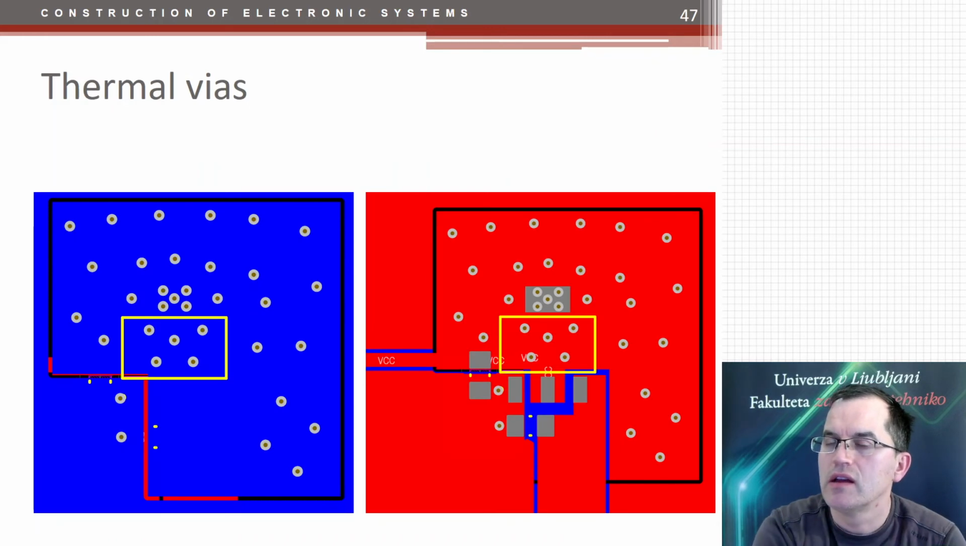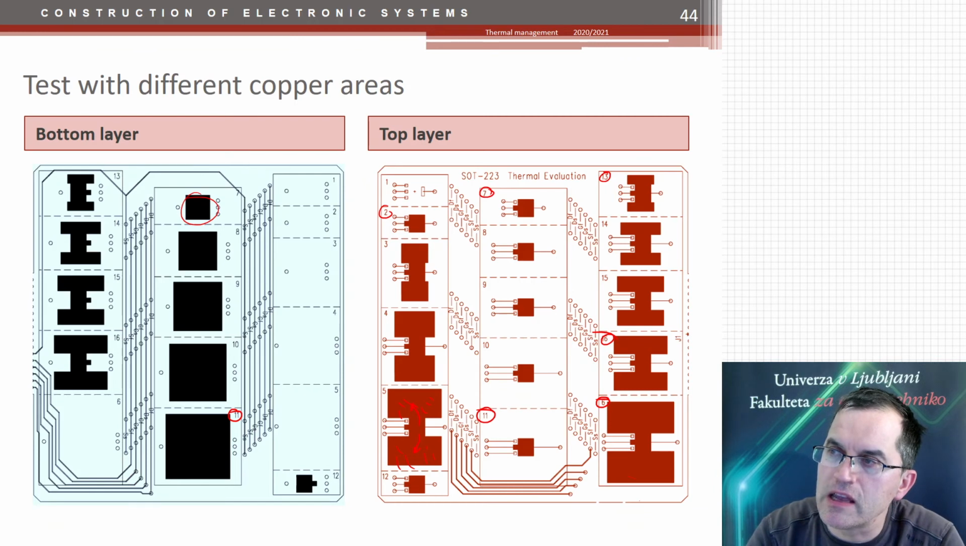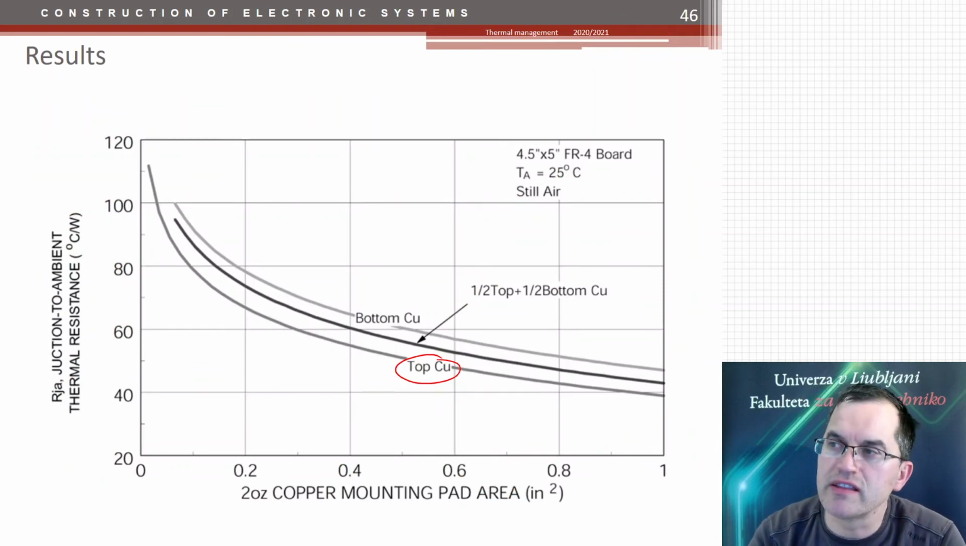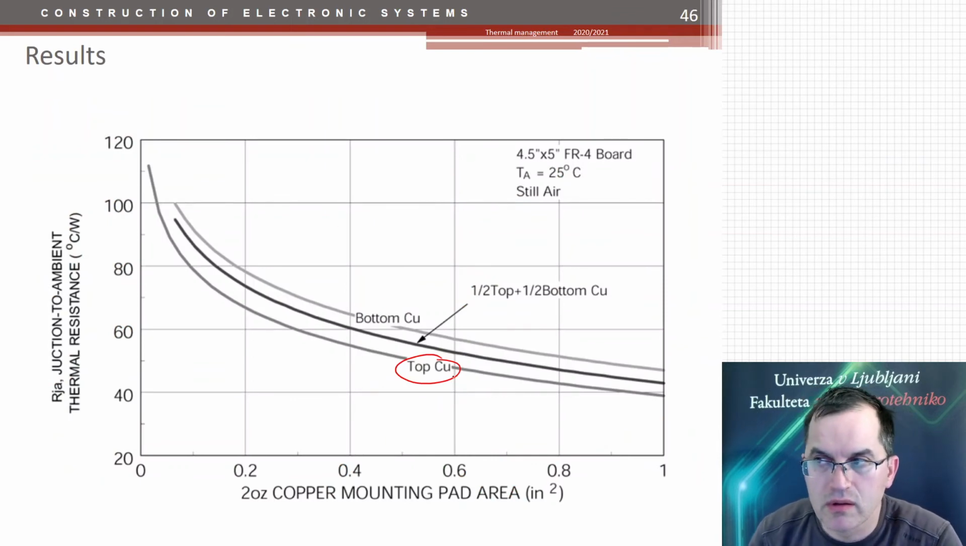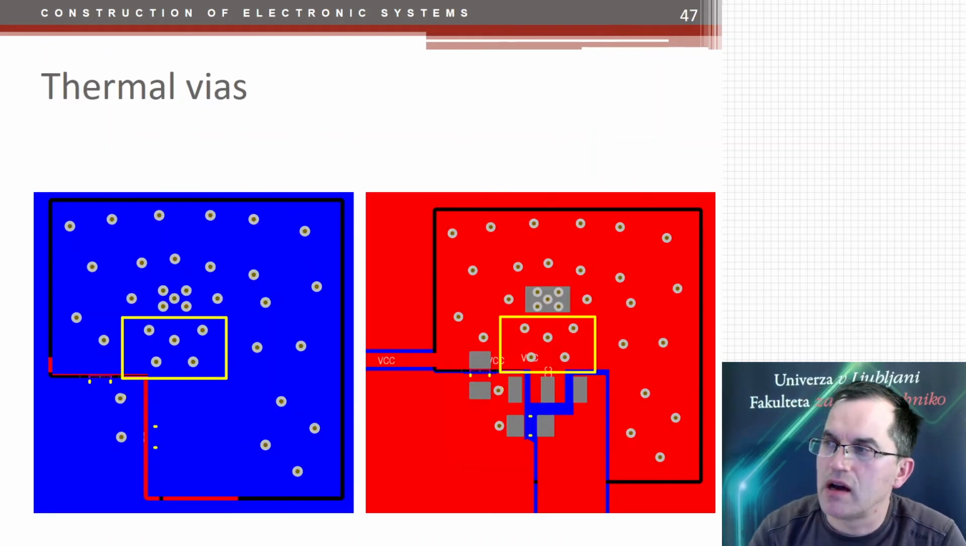So at the end, you need thermal wires. If you want to have efficient transfer of heat from top layer to bottom, you need thermal wires. And for that, you can then have a smaller top copper area and a bigger bottom. So okay, so thermal wires